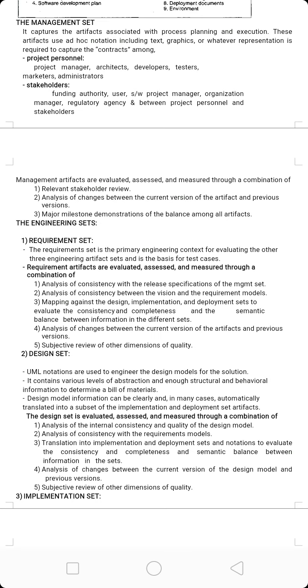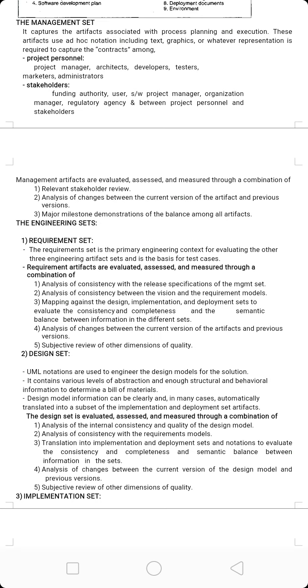Next, project personnel. In this, the project manager is involved, architects are involved, developers are involved, testers are involved, and marketers and administrators are involved. You are calling them stakeholders here. Who are the stakeholders?